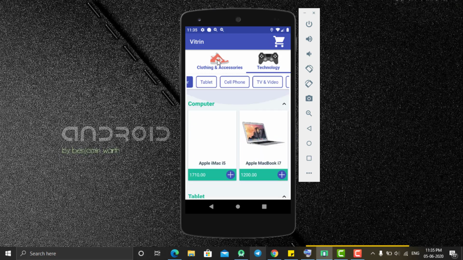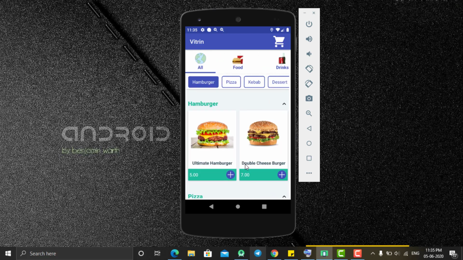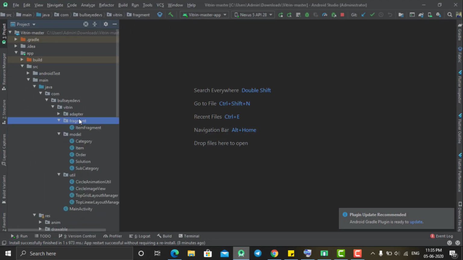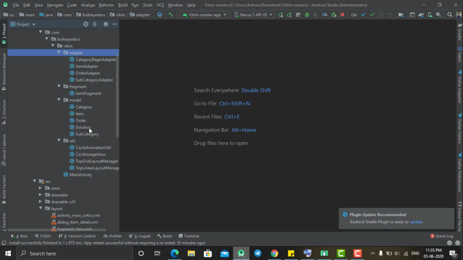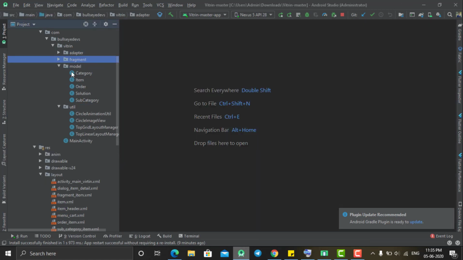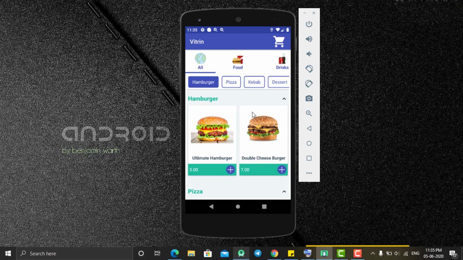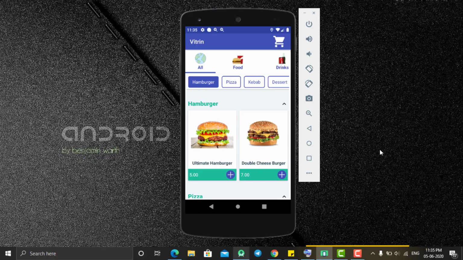So this is the application I was going to introduce to you in this tutorial, and I have shown the source code of this application, and it is fully clean and uses the ambient structure of Java. So the code is beautiful and without any boilerplate code. You can use this code, and I'm sure if you have a little experience with Android, you will understand this code very easily. So hope you like this tutorial, and thanks for watching.